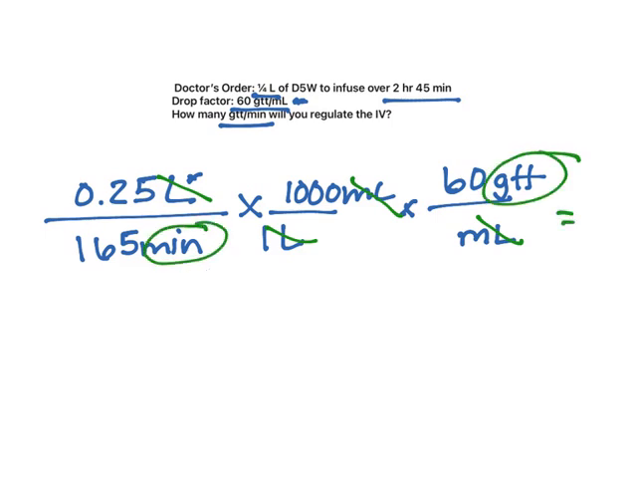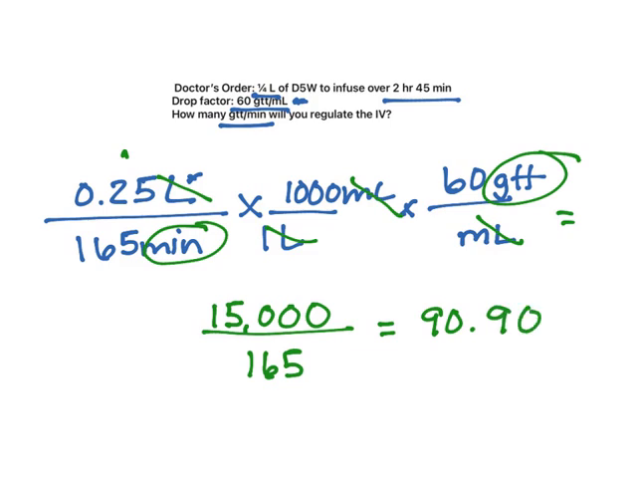So now all we have to do is multiply straight across the top and the bottom. So we're going to do 0.25 times 1,000 times 60 GTT, and that's going to give us 15,000. And then we're going to multiply straight across the bottom. 165 times 1, and that's 165. So you're going to do 15,000 divided by 165, and you should get